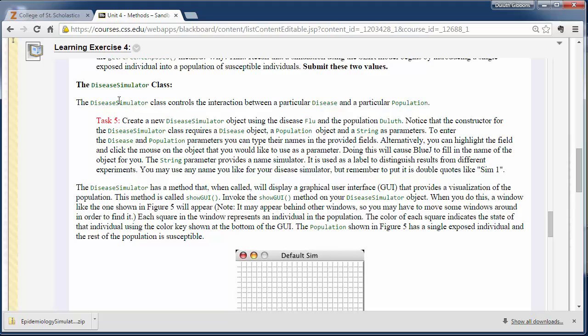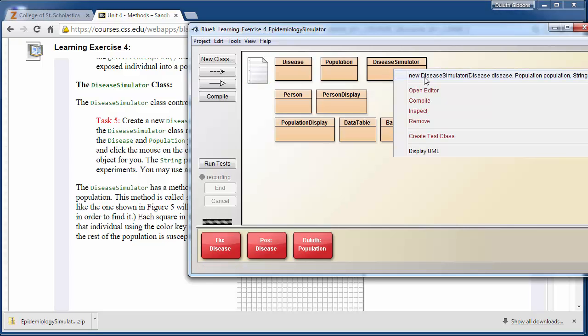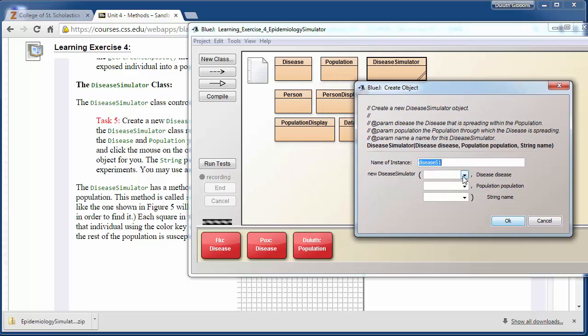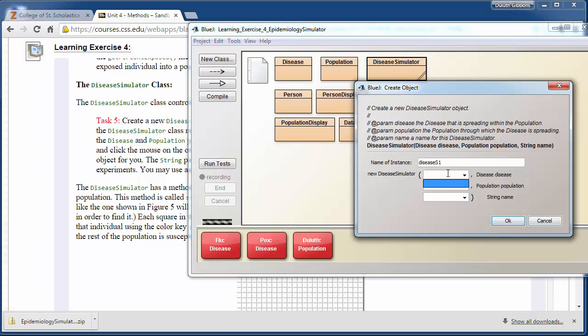Now finally I'm going to create a disease simulator class and work with that. So I'm going to create one more class, a disease simulator. There's only one constructor and it requires parameters. I have to type in the disease and the population. I want to use the flu and Duluth. So I can type in flu here,